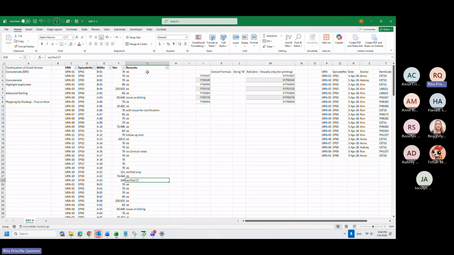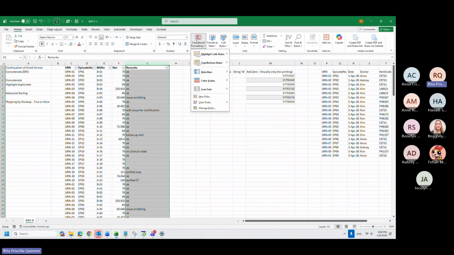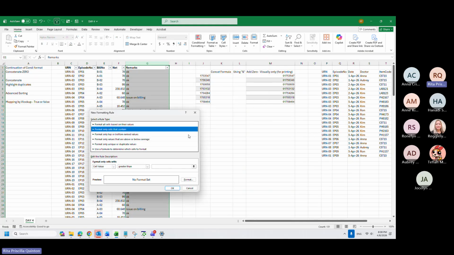So what we can do is go to conditional formatting, highlight cell rules, more rules, specific text. Instead of containing, we will use not containing.